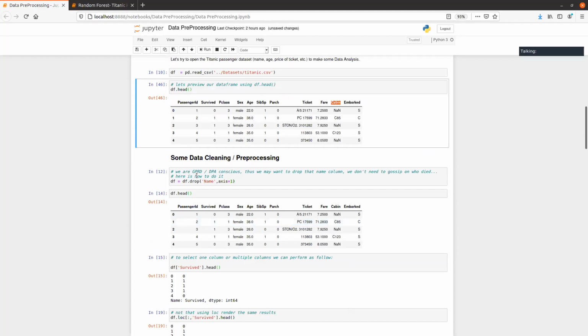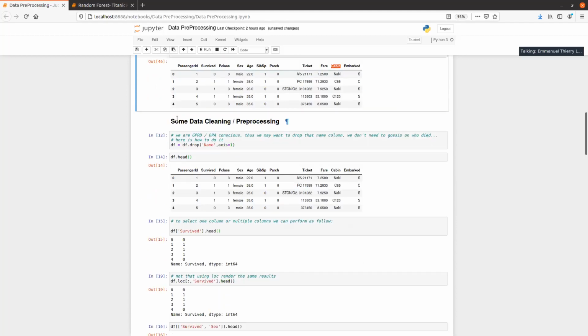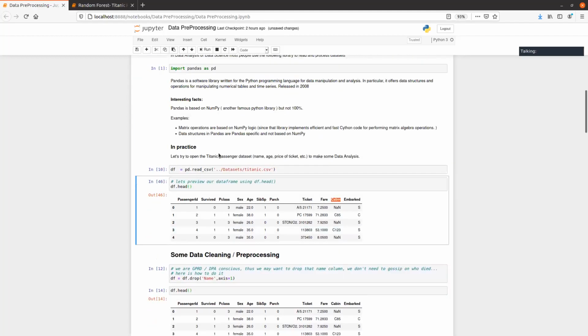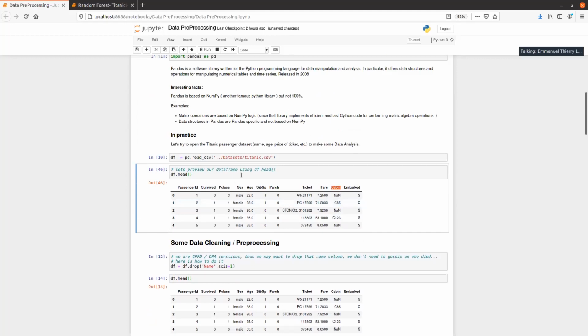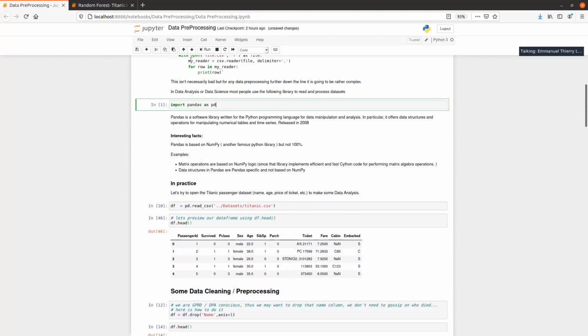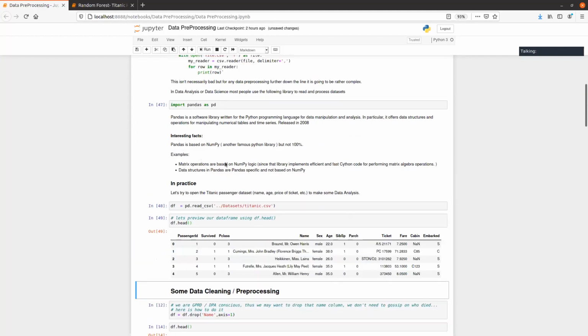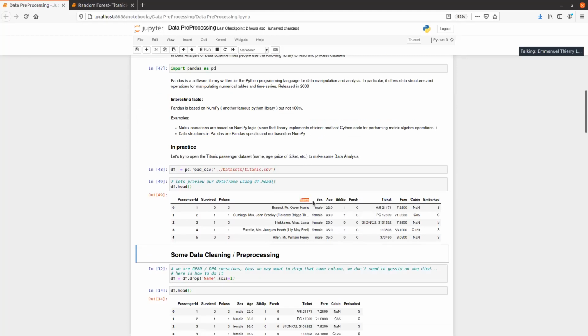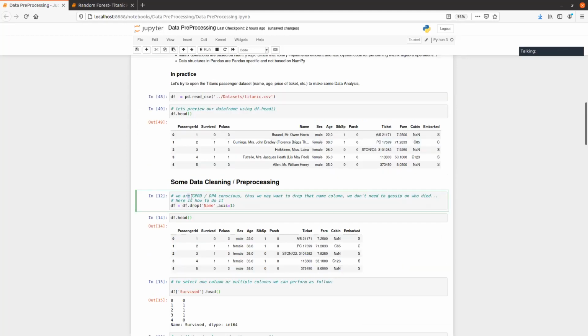So I will showcase some basic data cleaning and pre-processing right here. Let me reload that just a sec. You can see in the dataset that we have a column called name. Let's say we want to be GDPR or Data Protection Act conscious.